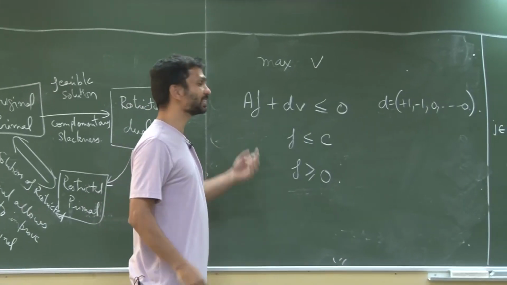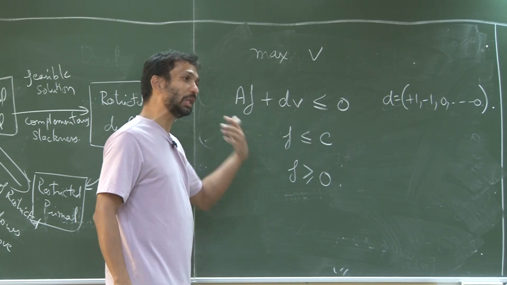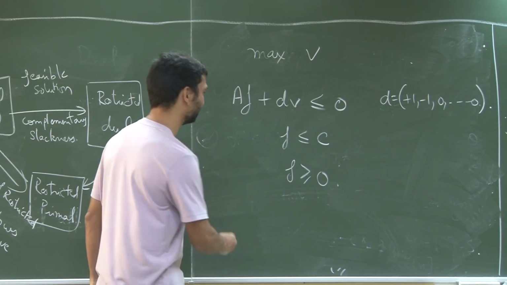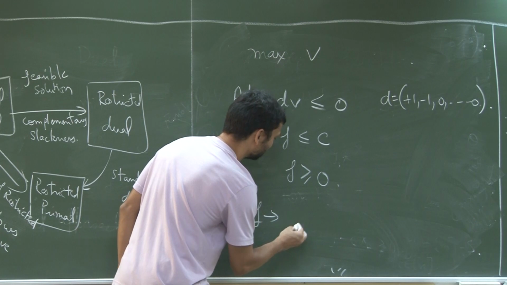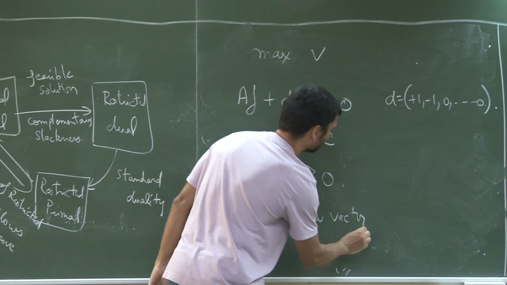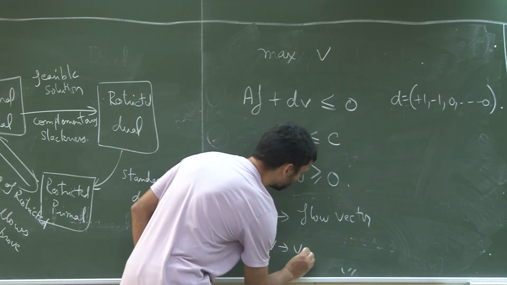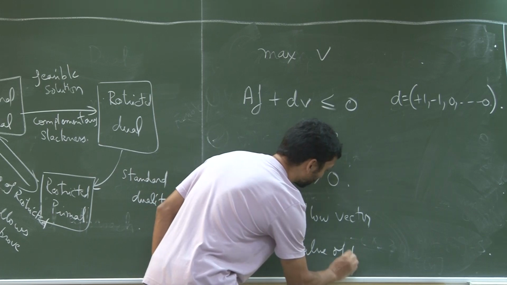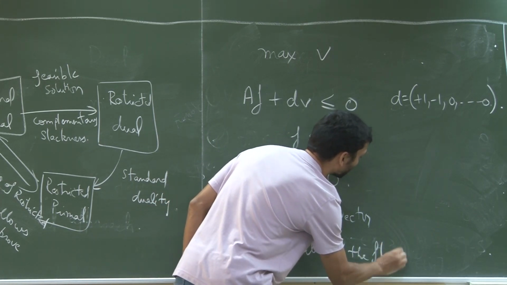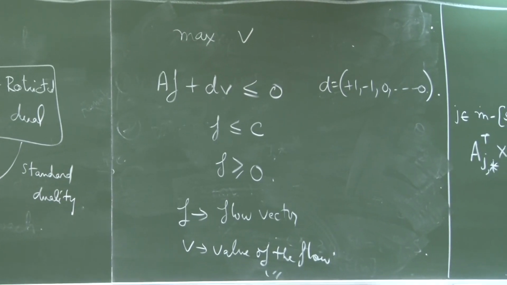So F is the solution of the flow, V is the value of the flow, right? So F is the flow vector. This is the flow in every edge. V is actually the